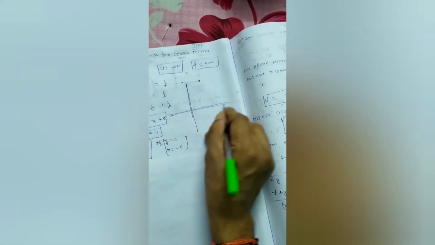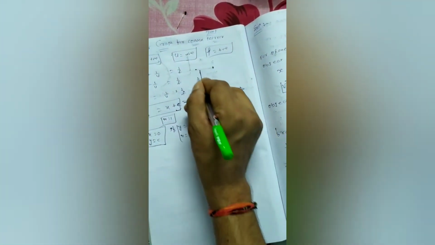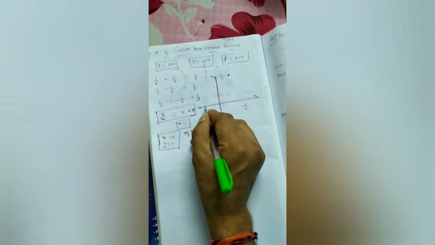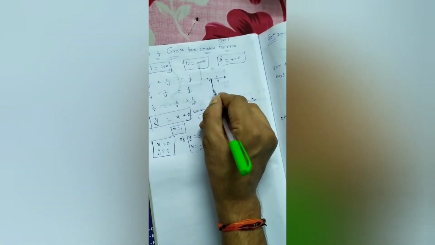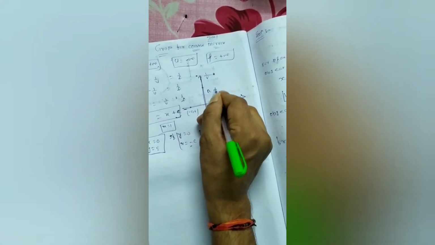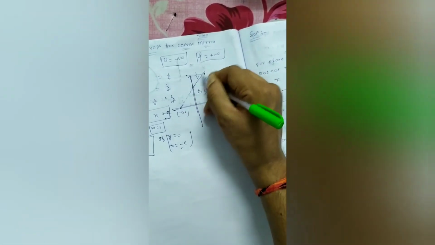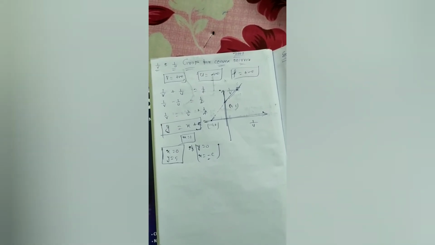This is the equation of a straight line. This straight line cuts the x-axis as well as the y-axis. The x-axis means 1 by u and the y-axis means 1 by v. So it will cut the x-axis at minus c comma 0 somewhere here, and the y-axis at 0 comma c somewhere here. So this graph will go like this. Getting my points? So this is all about the graph of a convex mirror, right?